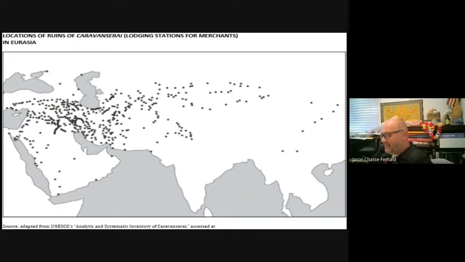In class, we look at this image, and I asked students to explain the distribution of the Caravanserais on this image. So come up with a reason, identify a reason why, and then explain that reason. In class, we usually come up with a number of different ideas. Some of the most common ones are students identify that in the Middle East there's a greater population density within the Abbasid Caliphate specifically, compared to Central Asia.